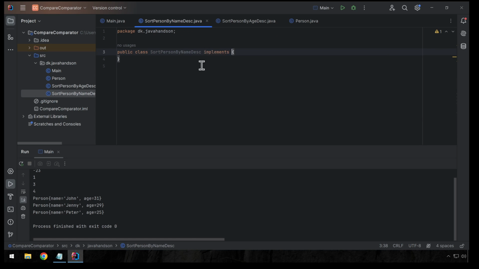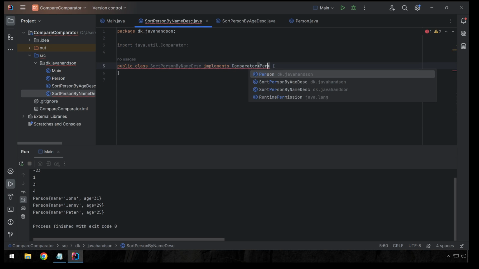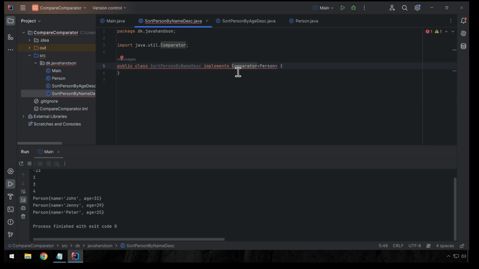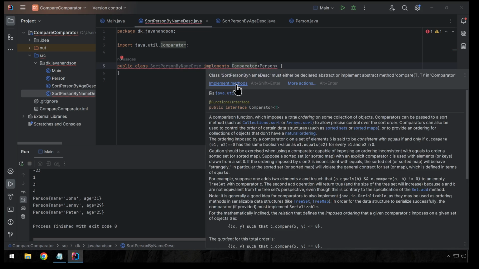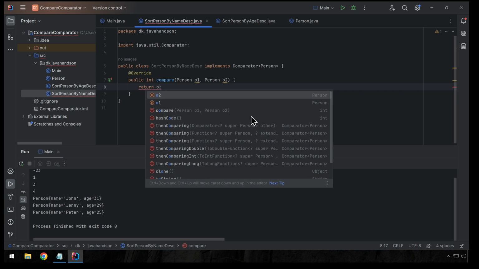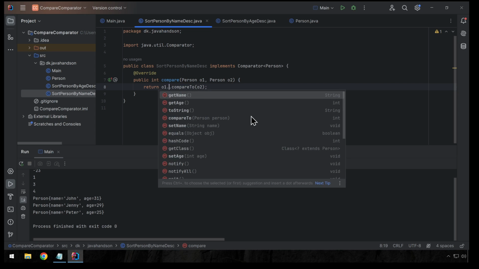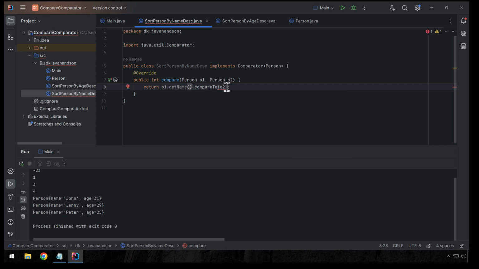And this one also implements the comparator interface. And again, we need to do it for person because it only works for persons. Nice. And I can then say I want to implement the compareTo method like that. And in here we can then say o1.compareTo(o2). That's not good. So what I wanted really was to get the name and then use the compareTo